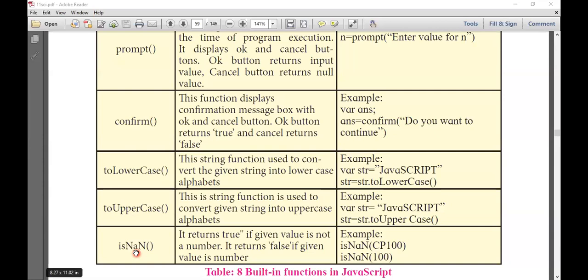So it always gives the opposite output, as in not a number. It checks the condition that the entered value is a number or not. If it is not a number, it gives the value true. If it is a number, it gives the value false. So the isNaN function is used to check whether the entered value is a number or not.